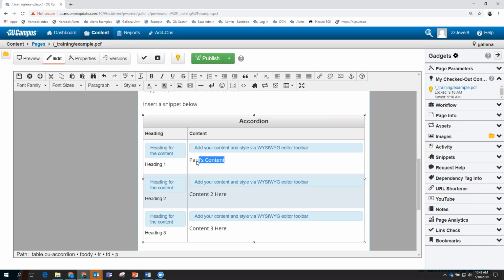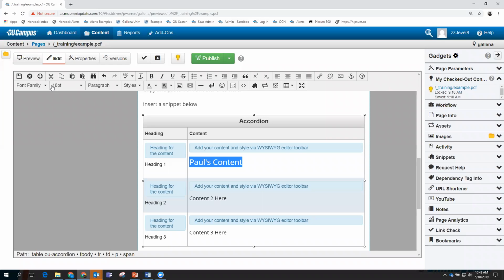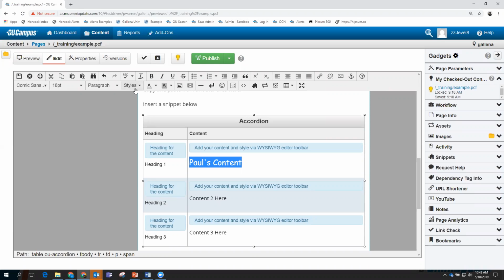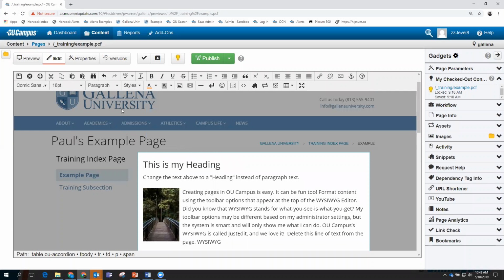And if I wanted to make additional changes to this, I can change the font size of it. I can change the font family if I wanted to. I can change the color of the font as well. Now, one of the things